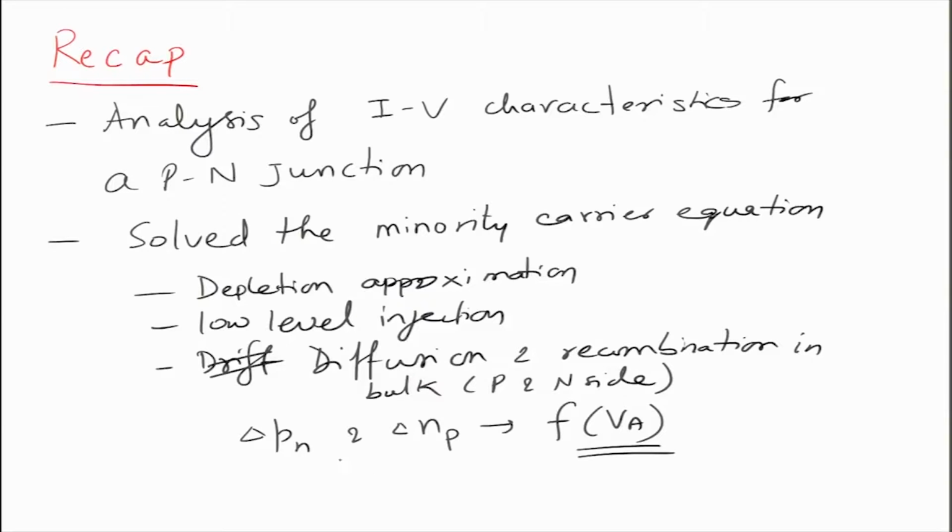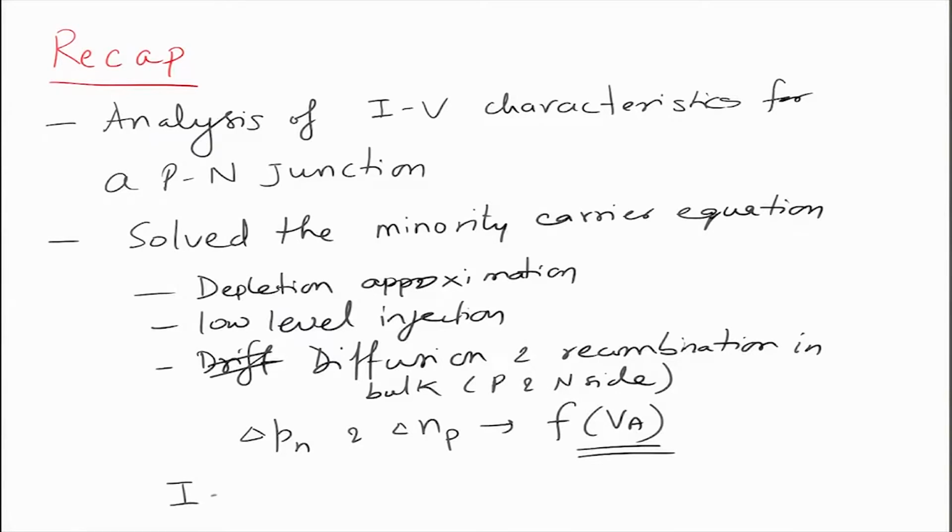You plug in these values, substitute these in the minority carrier equations, which are second order differential equations. When you put them in the second order differential equation and do the substitutions, apply appropriate boundary conditions, that is, what happens at the boundary of the depletion region and what happens at the boundary far deep inside the semiconductor. When you apply these boundary conditions, you get the expressions first for delta Pn and delta Np, and then you put that into the diffusion current expression. So, you calculate Jn and Jp diffusion, and then you sum them together to calculate the total current